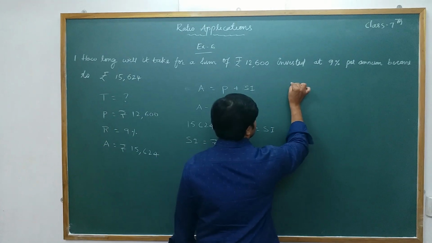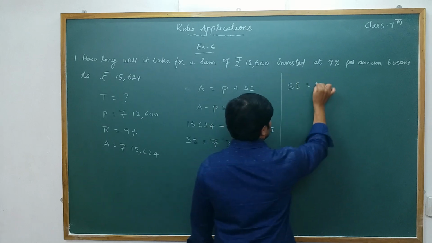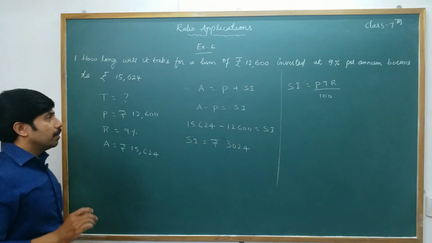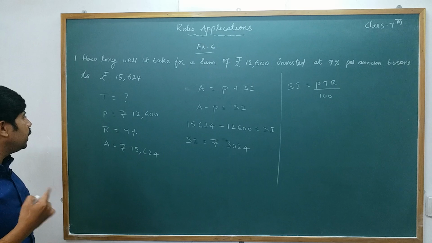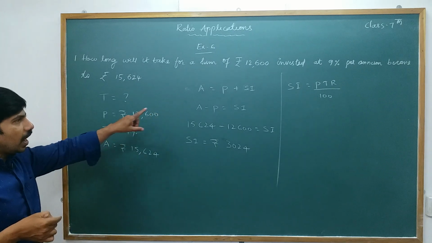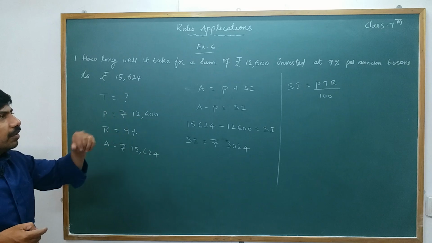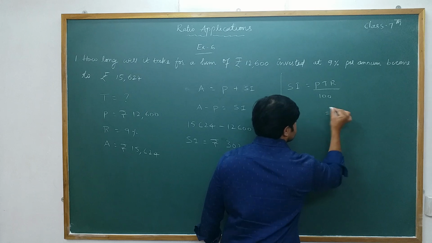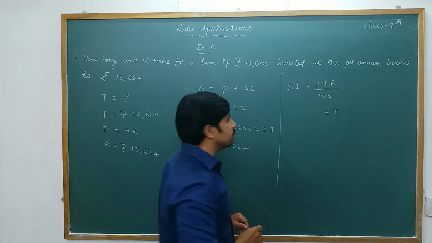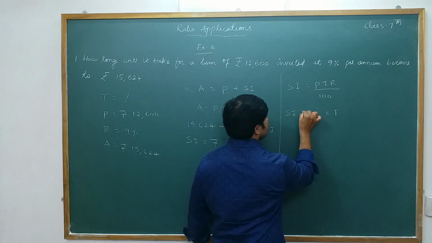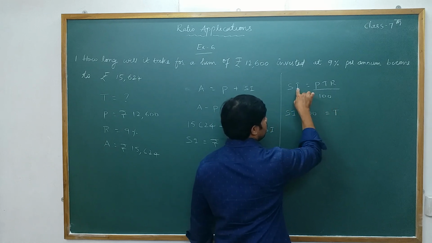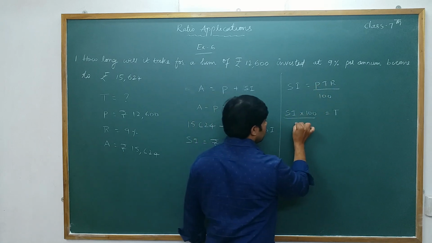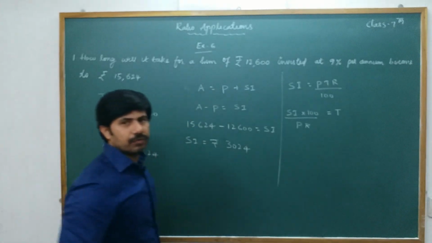Now after getting simple interest, we write SI. What is SI? SI is equal to PTR by 100. SI or I, it is the same. But we need to find T. We have all. P we have, right? R also we have, 9%. And T we have to find out, SI we have. So in order to find T, make T the subject. We'll find T from the formula. T is nothing but SI into 100 by, except T, the remaining two terms you have to cross multiply, by PR. Okay, this is the formula to find T.